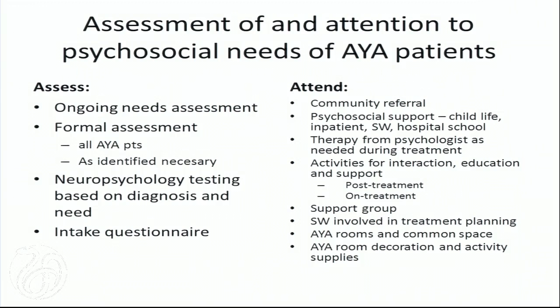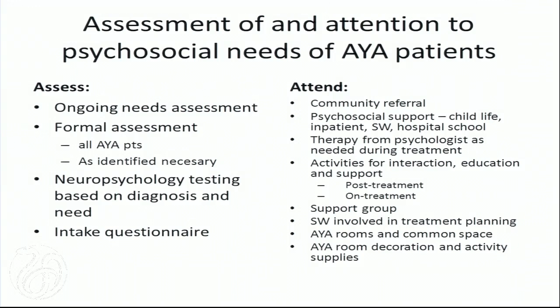This next one, the elements from the Livestrong Young Adult Alliance paper, we collected as qualitative data. So this is somewhat of a categorization, if you will, of those qualitative data. The element that was listed is the assessment of and attention to psychosocial needs of AYA patients. And as you can see,